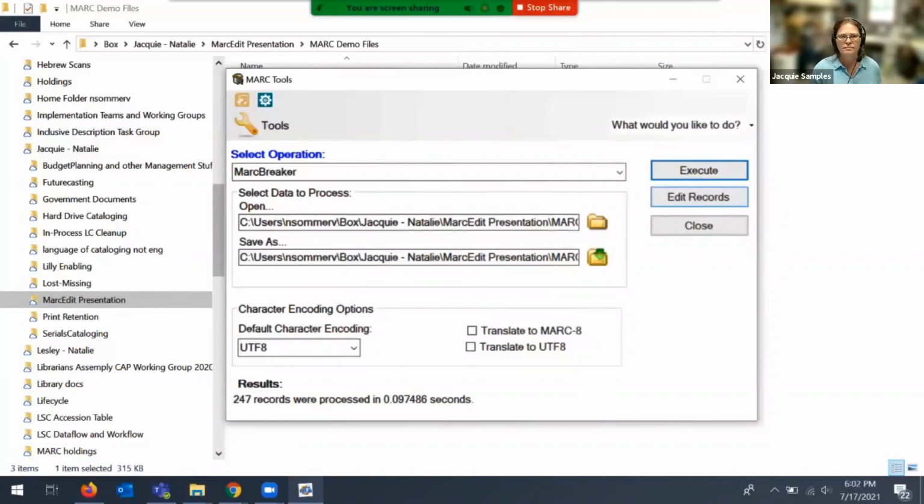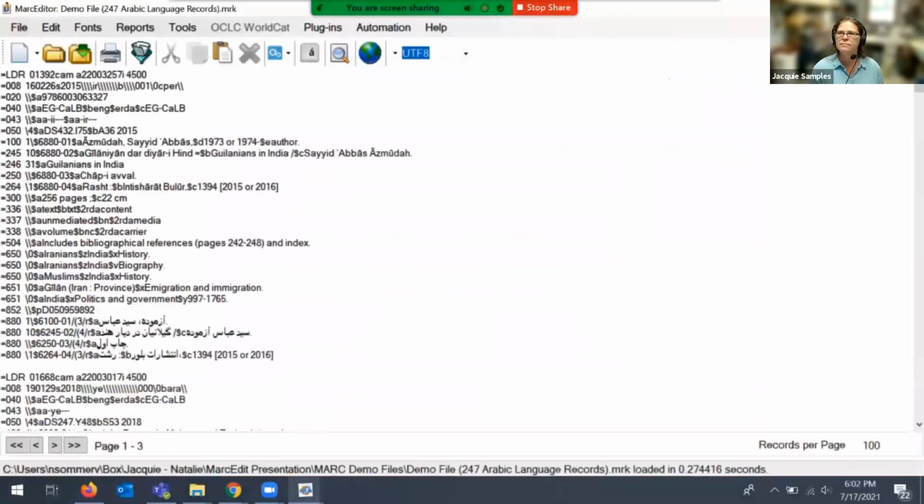By hitting Edit Records, I open the MARC Editor, which lets me see my records. I usually do a couple of quick checks at this point. This most current version of MarcEdit makes it very easy to double check that, in fact, the default character encoding is what you need it to be. You'll see that right under the menus, there is a toolbar that lets me know that the records are in UTF-8. Past versions of MarcEdit didn't have this function, and so you had to rely on the leader coding to make sure that records were in the correct encoding for your ILS.